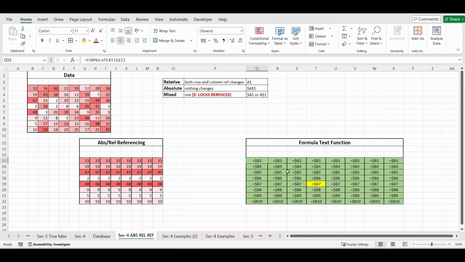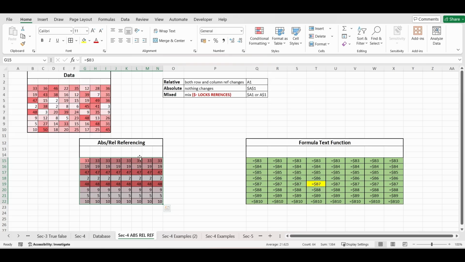Earlier in the relative referencing, when you move across the columns staying on the same row, the column number gets incremented. But now in the mixed referencing, you have put a lock over the column number, so that's why it's not incrementing. It's staying the same. Throughout the whole row, it's actually referencing column B. And because you are on the same row, the row number shouldn't get incremented at all. But while moving downward, as earlier in the relative referencing, the row number gets incremented and the column number remains the same. And the same is happening over here.